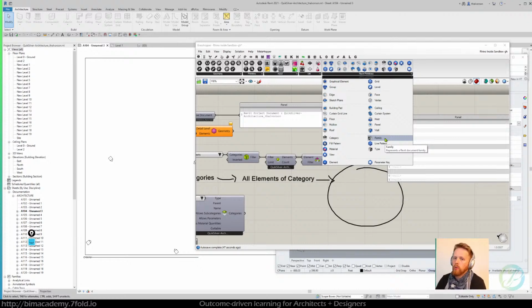So I'm basically looking for the family in Grasshopper. I'm looking for the data type for